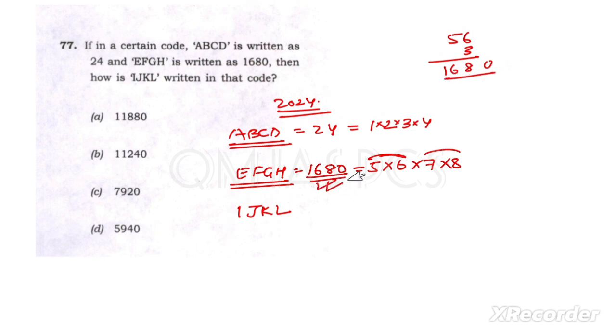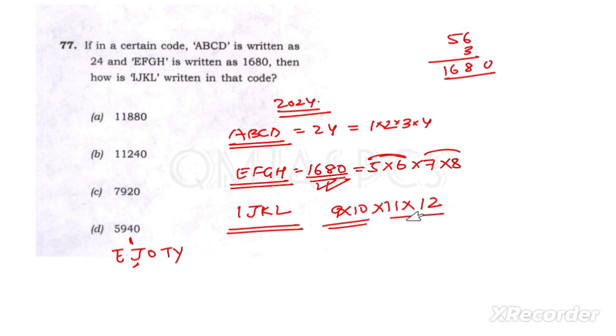Now tell me what will be the value of IJKL? I is equal to, I is here before J, it is 9, then J is equal to 10, K is equal to 11, then L is equal to 12. So simply this is 90 and you have to multiply 11 by 12, it will be like